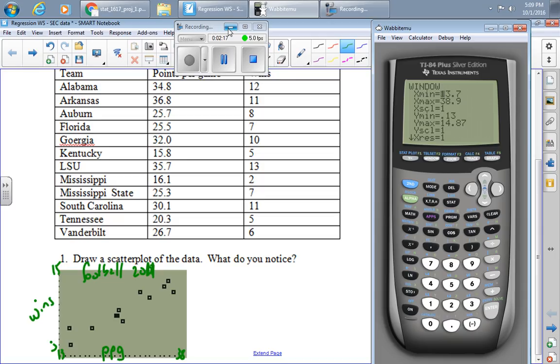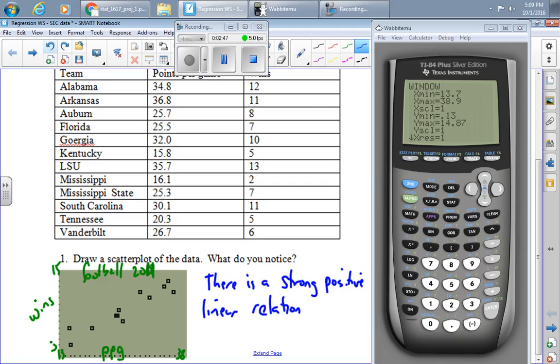So what I have here is I notice that there's a strong relationship. It's positive. It appears to be something like this. And so to describe that, I'm going to say that I believe there is a strong, positive, linear relationship. And now I'll put it in context between points per game